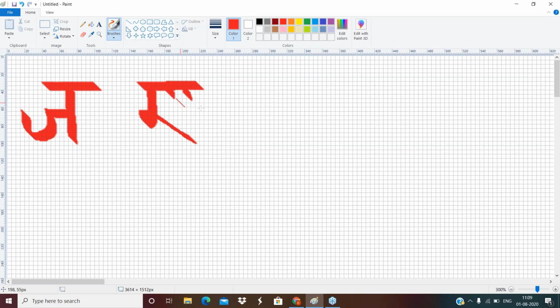So I will draw again, and also I will talk about a few points which students should be careful about. So this is here, pull it down. This is the round. So just take it round and then bring it down. And then after that, these two lines. This becomes J.